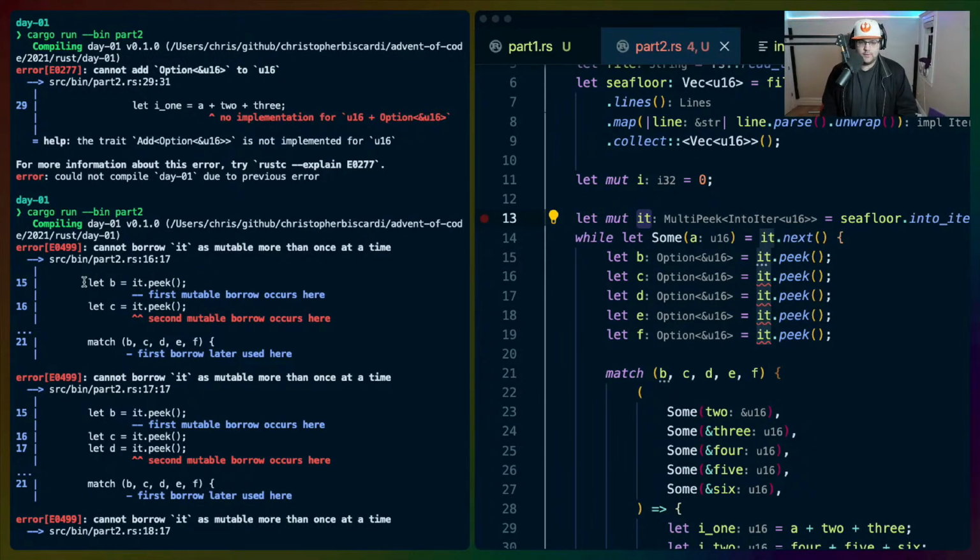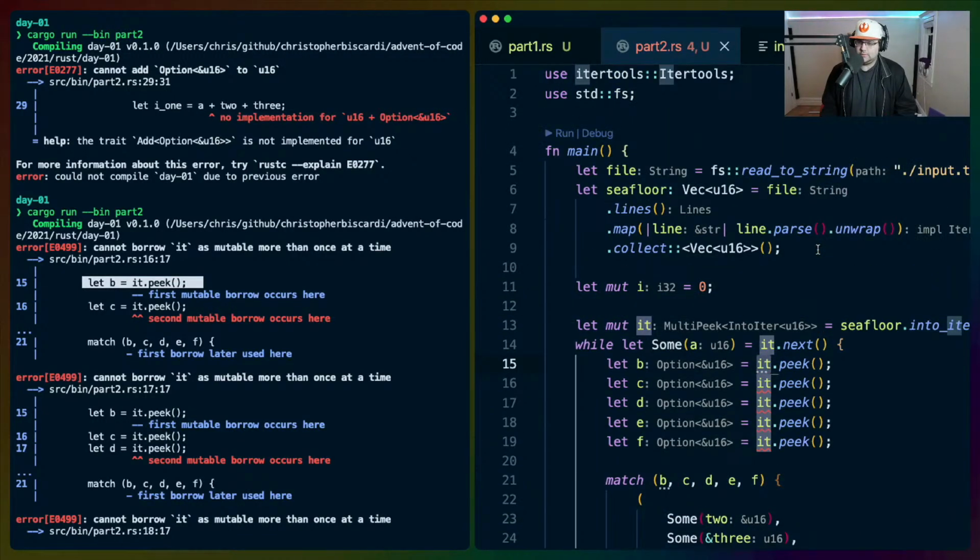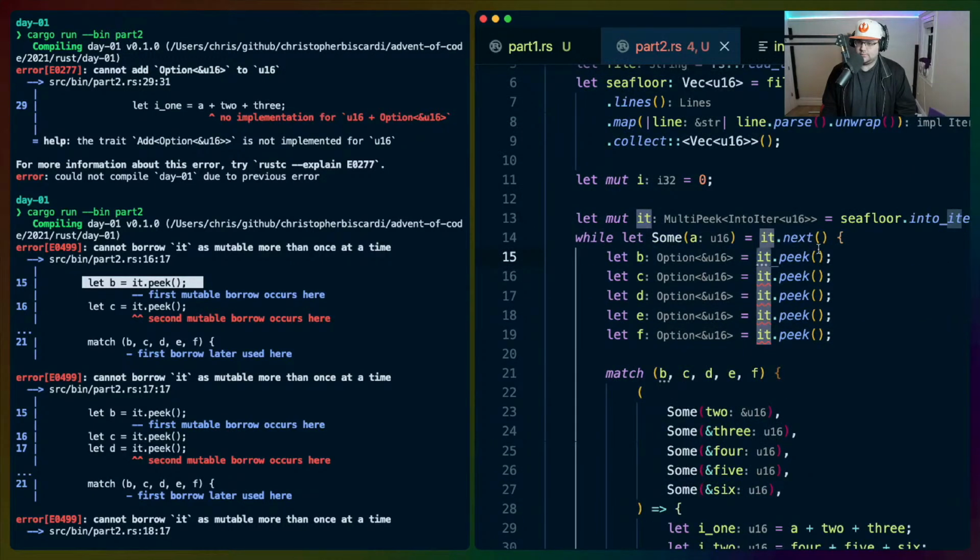So, let b equals it.peek. We borrow as mutable reference here. And then we do it again.